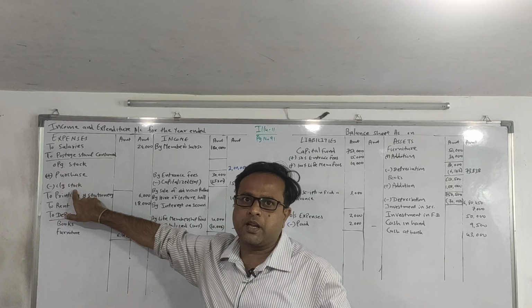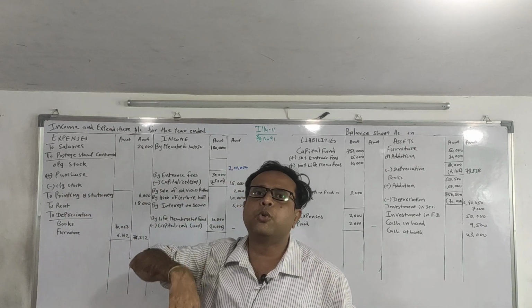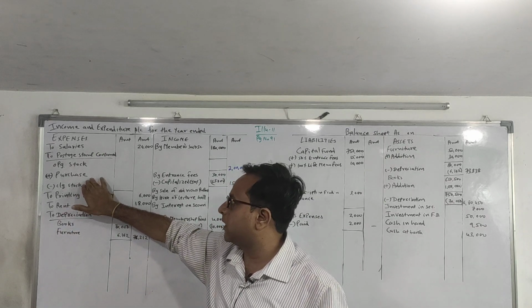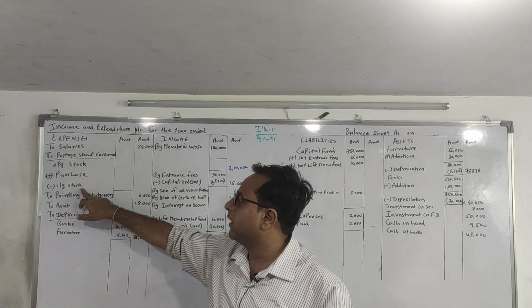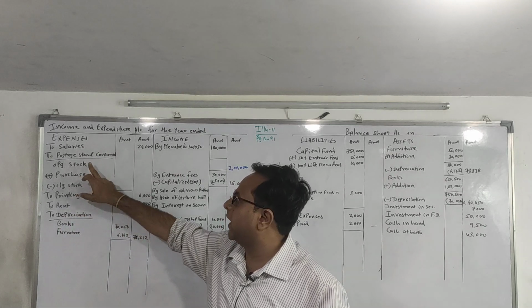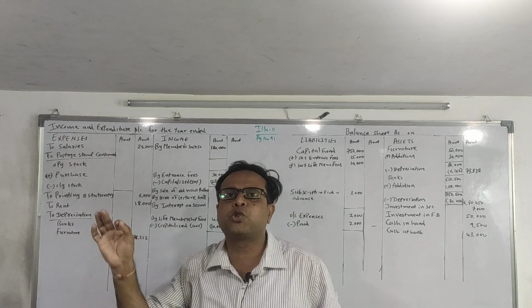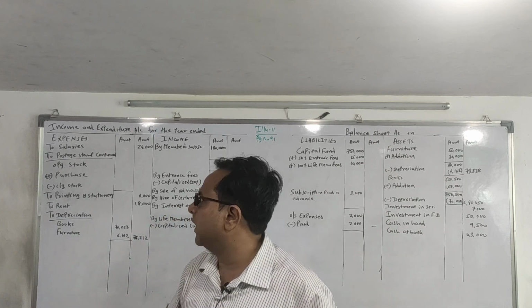The postage stamp which was unused in the previous year, I will bring down to the current year. What I have purchased in the current year, I will add to it, and the unused postage of the current year, I will reduce over here. So I will get the postage stamp consumed in the current year, and that is my actual expenditure. Correct? Now where will you get the opening stock?